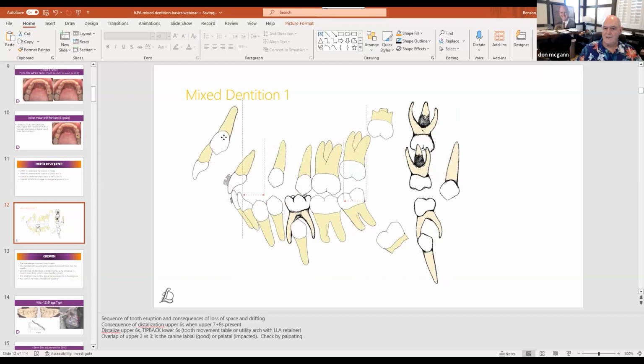Now, in the anterior, what you're looking for is any overlap of the 2 and the 3. The upper canine will come down the root of the 2, closing any space from the incisors. As it erupts down the lateral root, it'll close the spaces if they're there. But what you're looking for, if there's an overlap, on the panoramic,